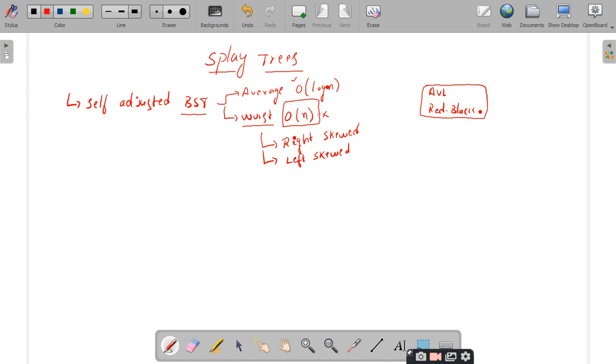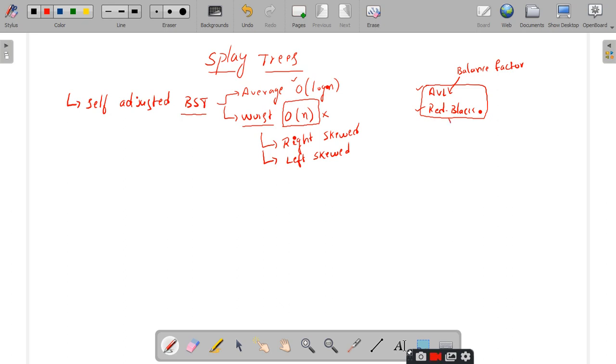Right. So, for this purpose, they introduced the concept of AVL trees and red black trees. Both of them are self adjustable or height balanced binary search trees, where the AVL tree is based on the concept of how they can adjust the height. Rotations, sir. It is rotations, but the concept is based on balance factors. Am I right or not?